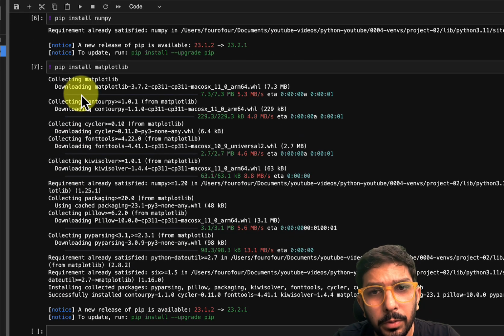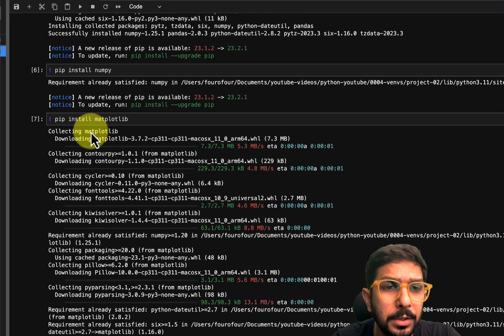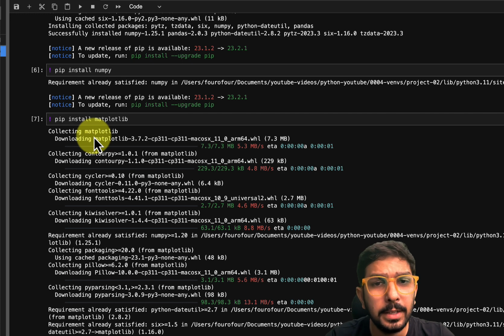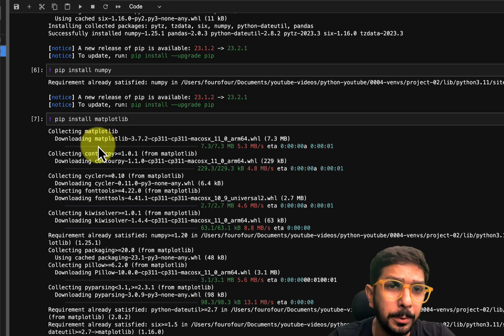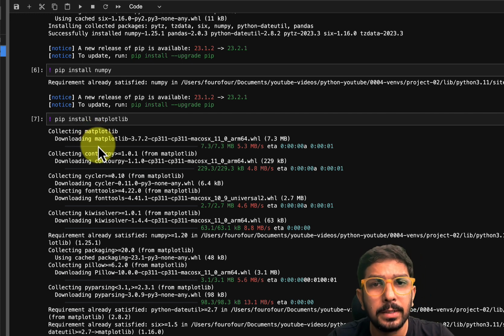So this video will help you to install Pandas or any other data science library. But if you really want to research the difference between these, then it would be great if you do that on your own, and feel free to comment what your findings are. So with this, that's it for the small video. We learned how to install Pandas and other data science